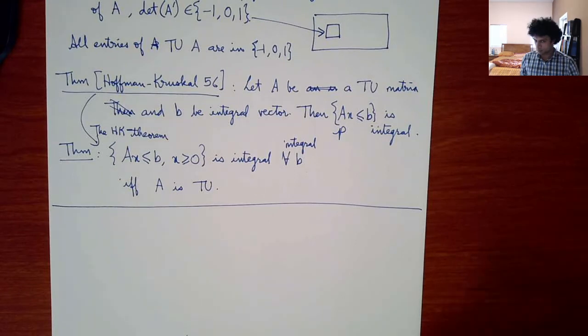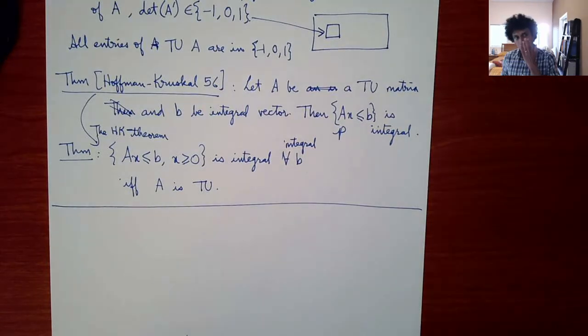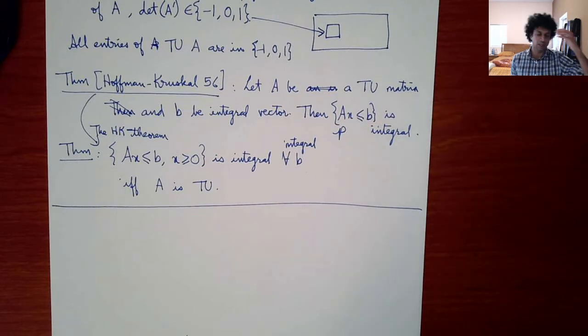So the second theorem is actually pretty strong because it says this is true for all B. How about if we restrict B to some nice variables, then can we broaden the class of A? That's a good question. In some sense, you're getting into the field of polyhedral combinatorics. I am not aware of any nice restriction on B that allows for something